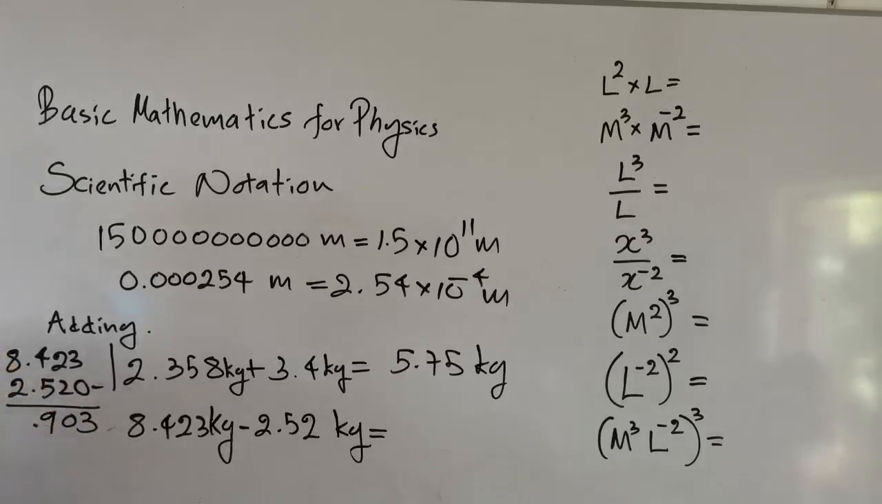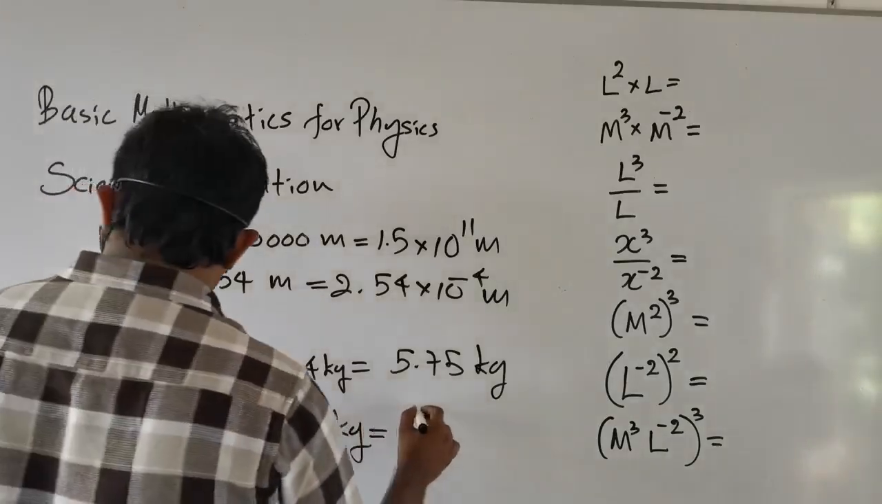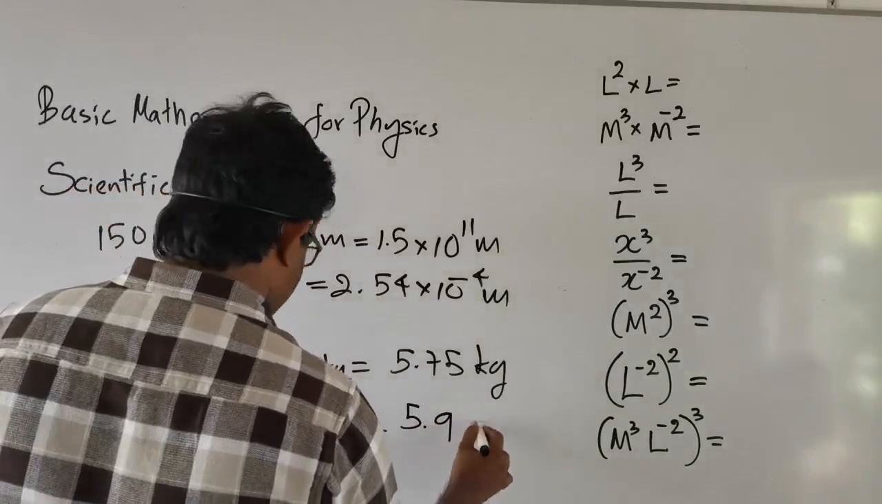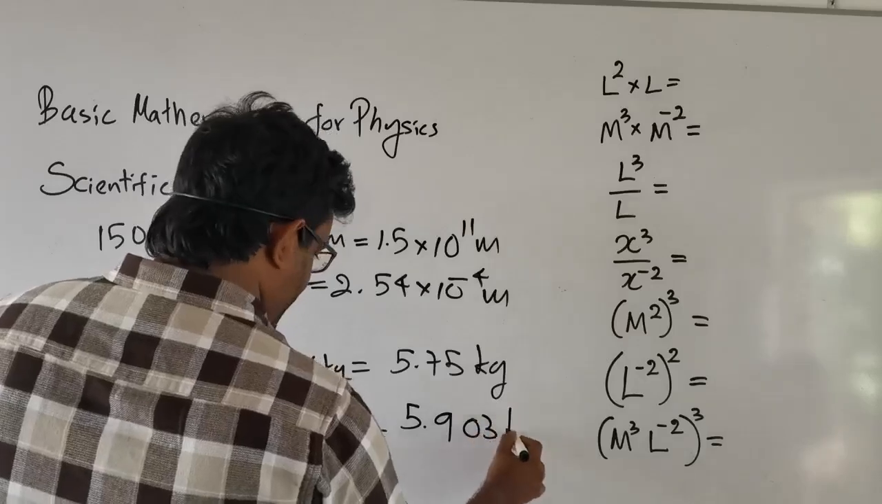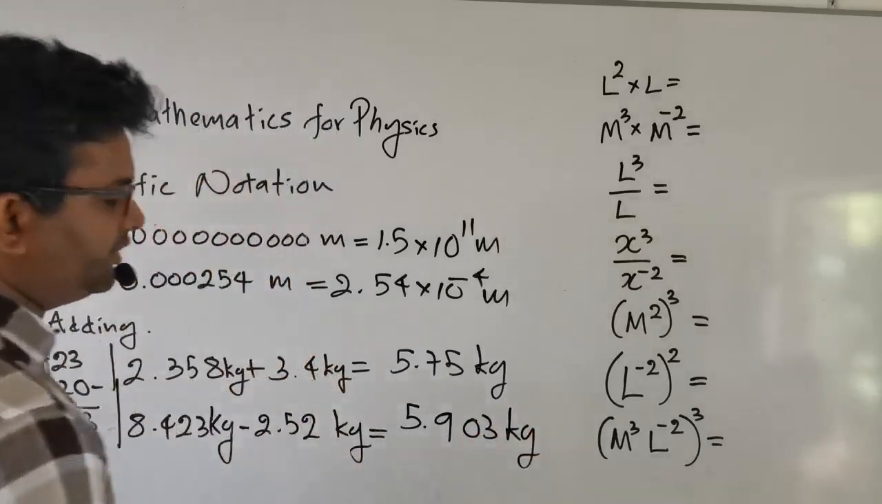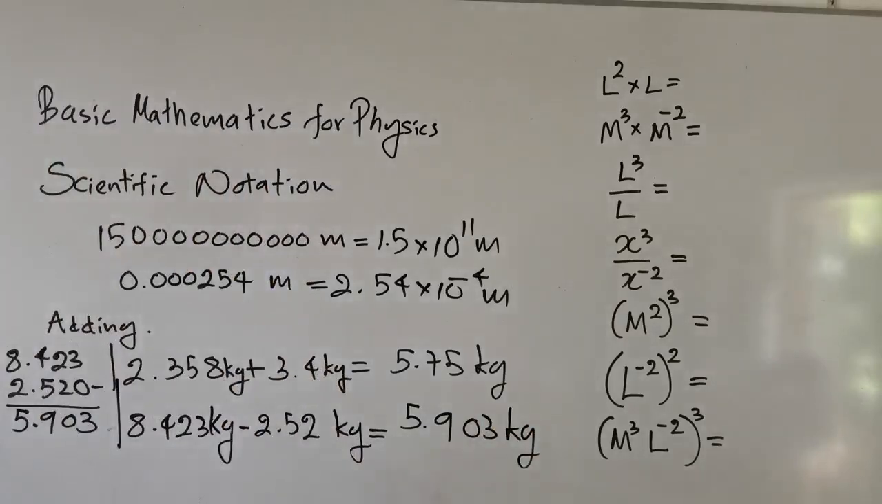Then 9. Here we have 7. Then this is 5, right? So the answer is 5.903. Again we need to write the unit, right? If a unit is given, don't forget to write that because that is compulsory, right? Then here